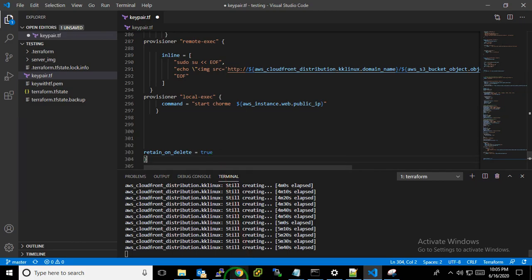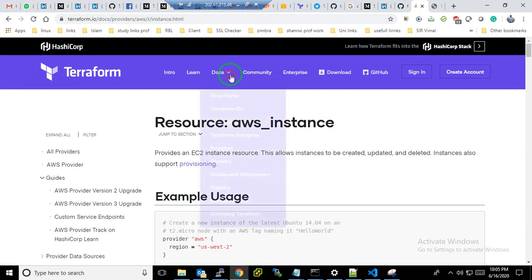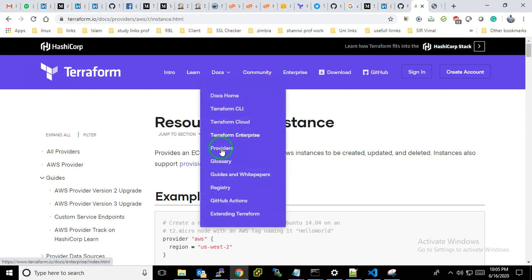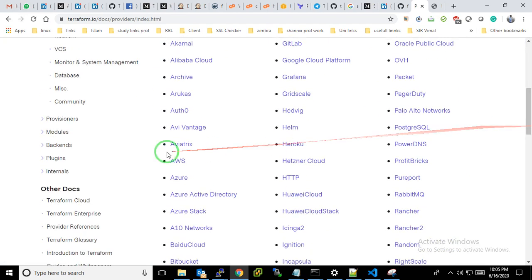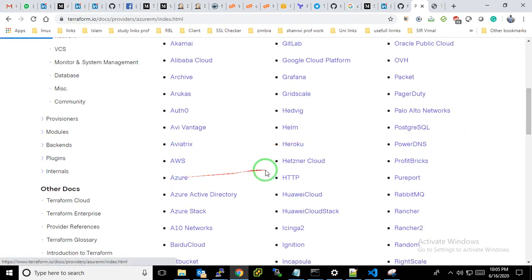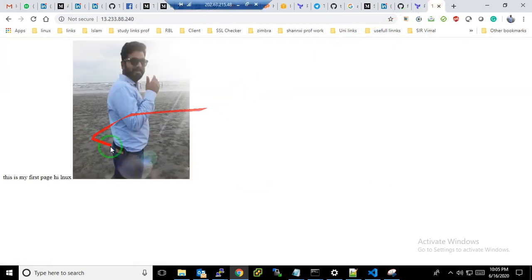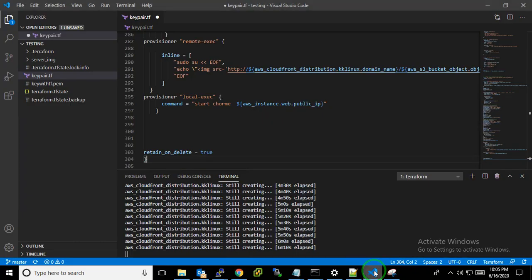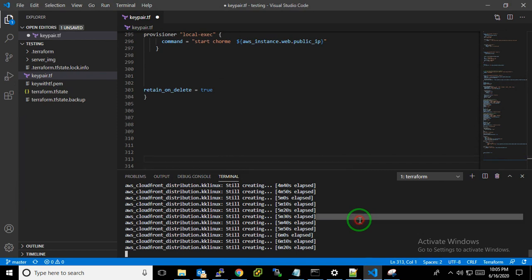You can go to the provider link and write the code according to your public cloud. I just chose AWS, but you can go for AWS, Azure or another one. So my image has been deployed successfully and comes from CloudFront, and my services have been deployed on AWS successfully.